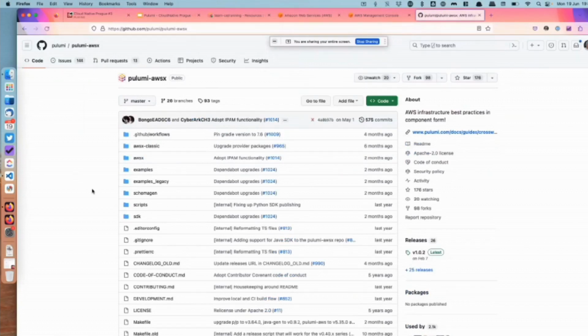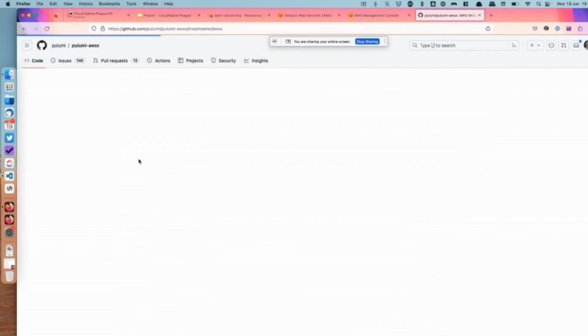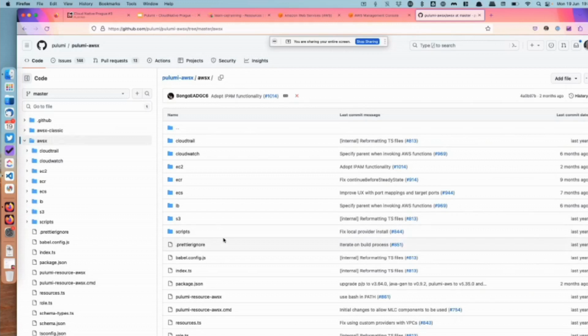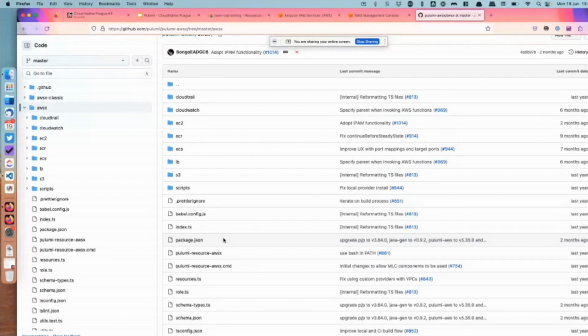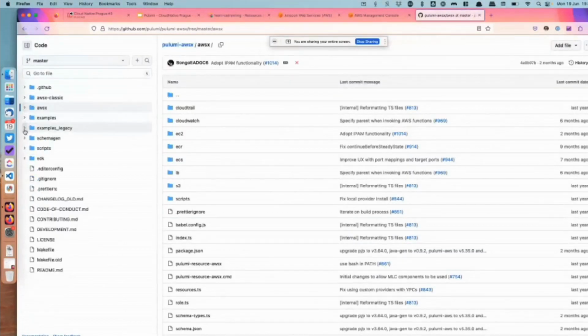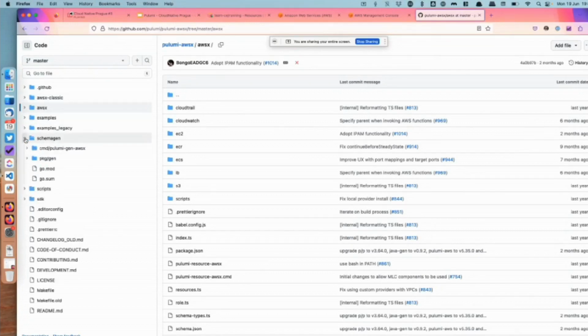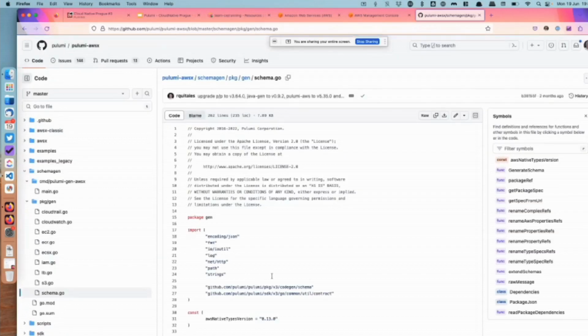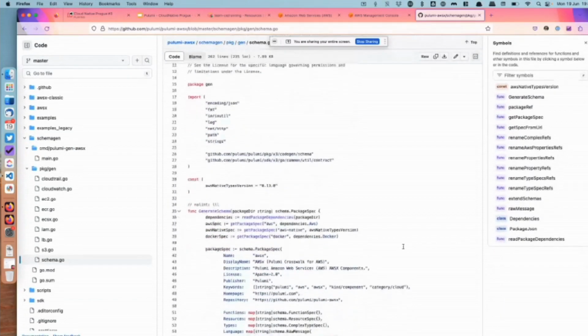So in the meantime, I opened one of our GitHub repos. So the AWS X package where I used the VPC component from. Well, if you go, for example, in the AWS X folder, this is the full TypeScript code of this whole provider. Now, the most important part, I have to look where it is in this case. Okay, so here you saw in this folder, schema gen, package gen. Here you see